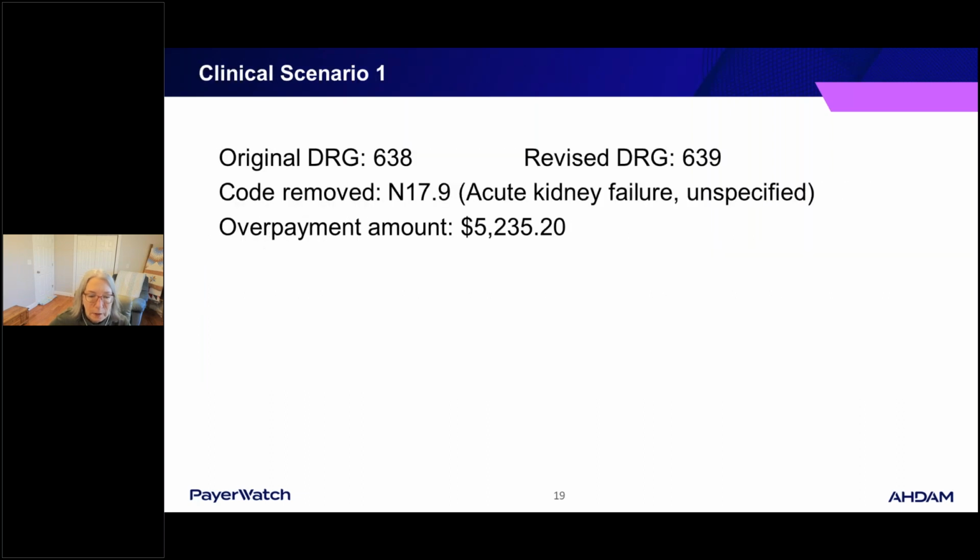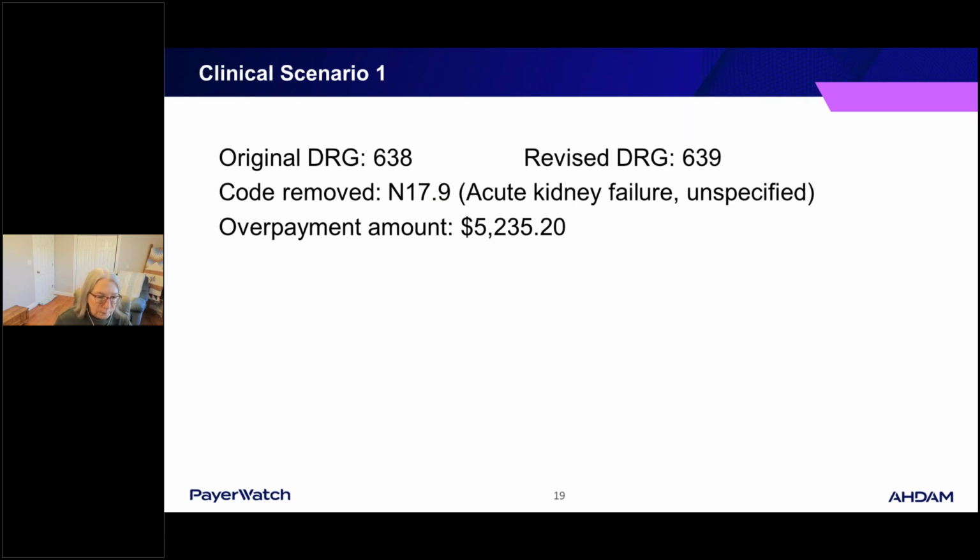Okay, so I have 2 clinical scenarios to share with you today as far as denials, and these are actual cases. Both of these got overturned. So the first clinical scenario, the original DRG was 638, the revised DRG was 639, and the code removed was N17.9, acute kidney failure, unspecified. The overpayment amount for this case was